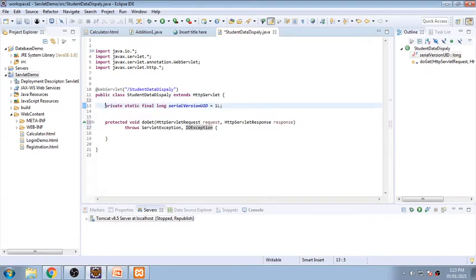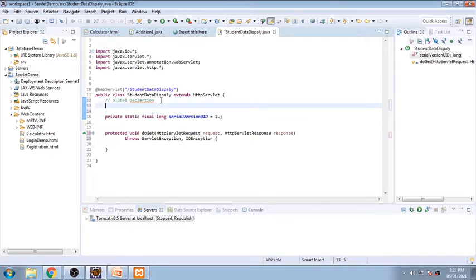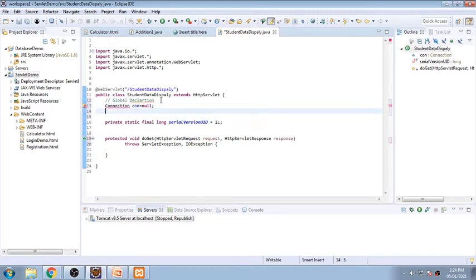This is the platform where I will be declaring something that is a global declaration. I am giving a comment saying global declaration. Tell me whatever classes we require for the purpose of database connectivity. Tell me the names of the classes for database connectivity. Connection class, yes. Connection con, you initiate it with a null value. Everyone remember this one? Then ResultSet. Then we want a Statement. We don't want PreparedStatement because we are only firing select star from the student table. So it is Statement stmt is equal to null.